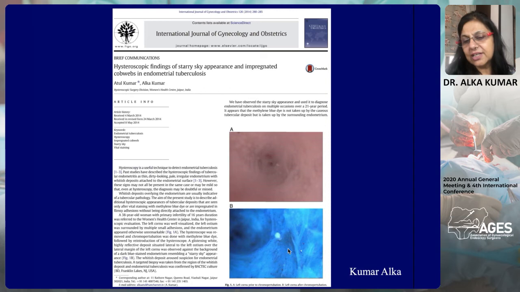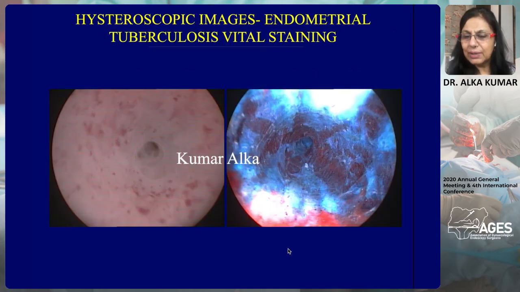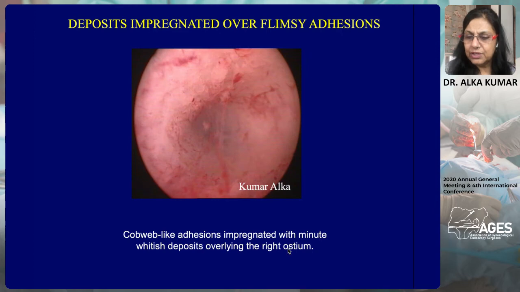Another interesting thing which we started to do was put in the hysteroscope after doing a chromopertubation, in cases where we had done hysteroscopy with laparoscopy. The methylene blue dye actually stained the endometrium on the back side. It made it kind of blue, and in that blueness of the endometrium, the tubercles started to stand out against the blue. So we started calling it the starry night appearance in tuberculosis. The white tubercles stand out against the blue endometrium with methylene blue dye.